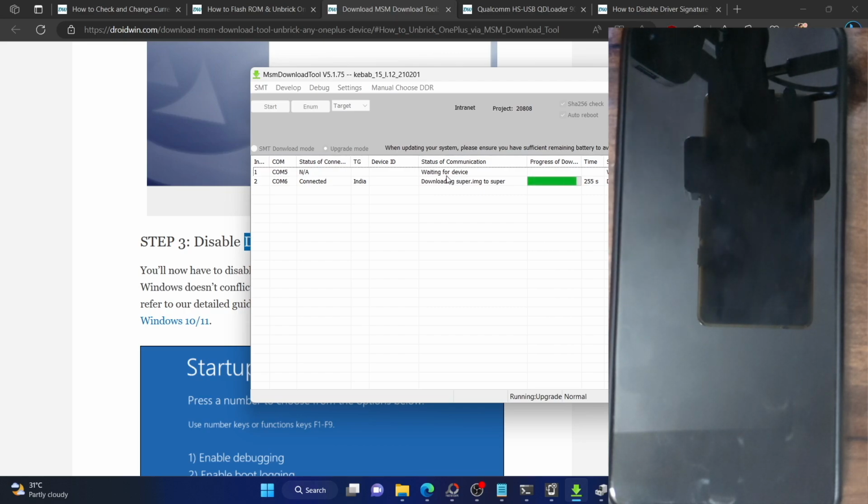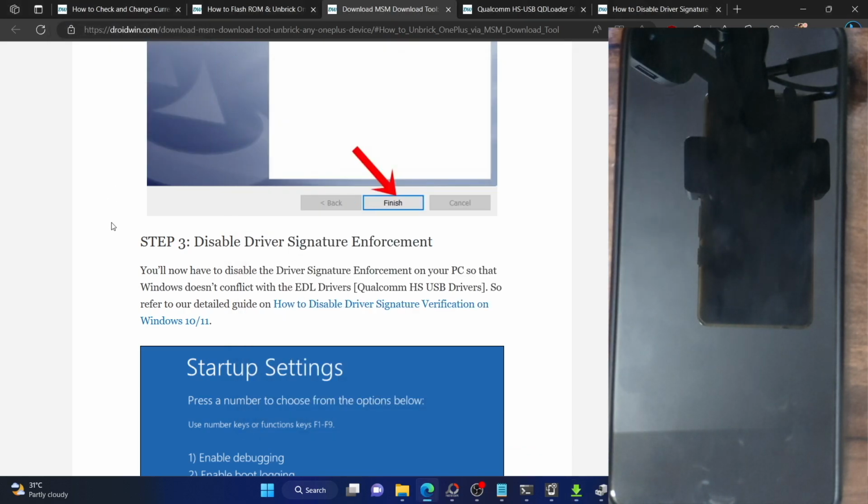I made a video on how to unlock the bootloader, but just to repeat, once the flashing is complete, you have to tap on the version number 7 times, then go to developer options and enable USB debugging and OEM unlocking, then boot your phone to fastboot mode and then use the fastboot flashing unlock command. After that, your phone will boot to fastboot mode and you will get a warning sign. Use the volume key to highlight unlock the bootloader and press the power key to confirm. With this, the bootloader will be unlocked and then you could proceed ahead and carry out the task. In some cases, I have heard that you might not be able to unlock the bootloader on OxygenOS 12 or 13.